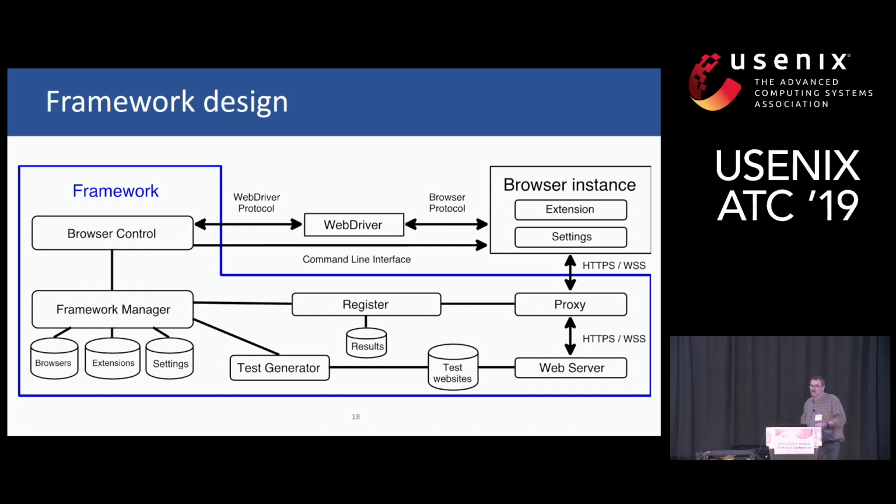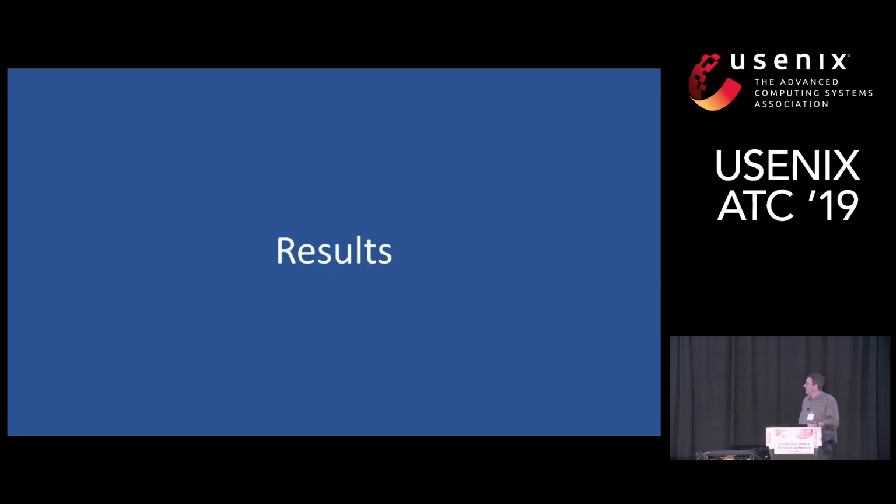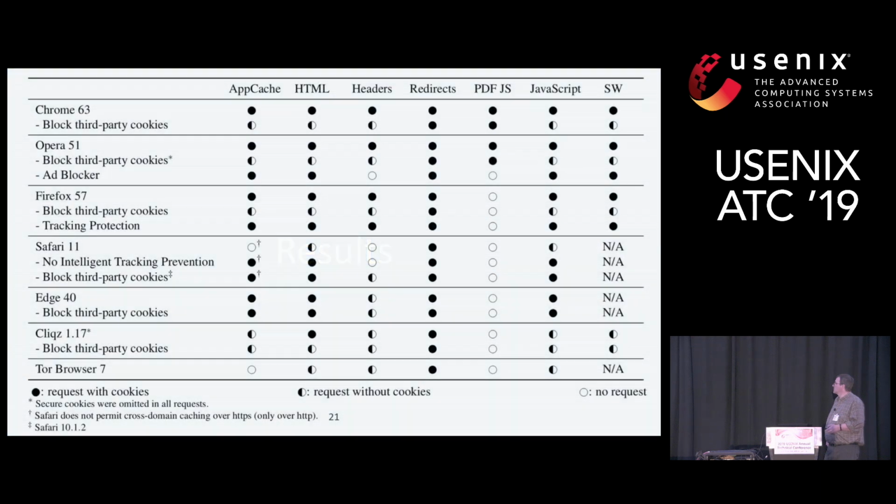That engine has obviously been applied extensively. Here are the 7 browsers on the left-hand side. There were 47 extensions, a combination of ad blockers and tracking protection players. And here are, in a nutshell, the results of deploying that framework in the context of all these tools and facilities. If you look at the full paper,